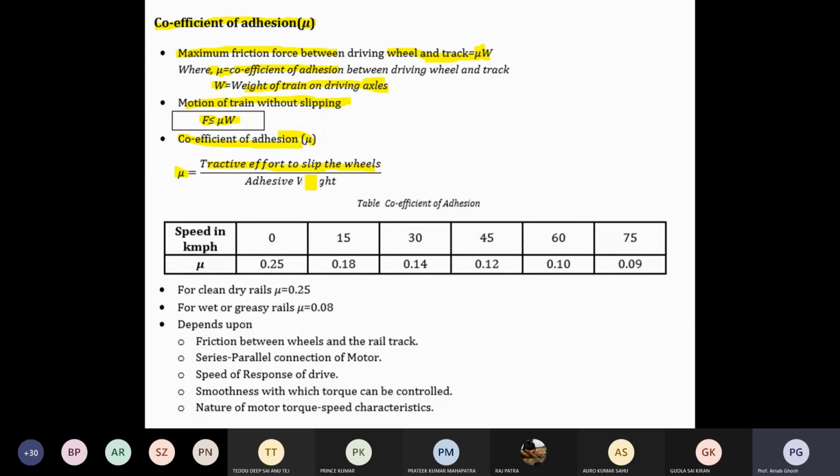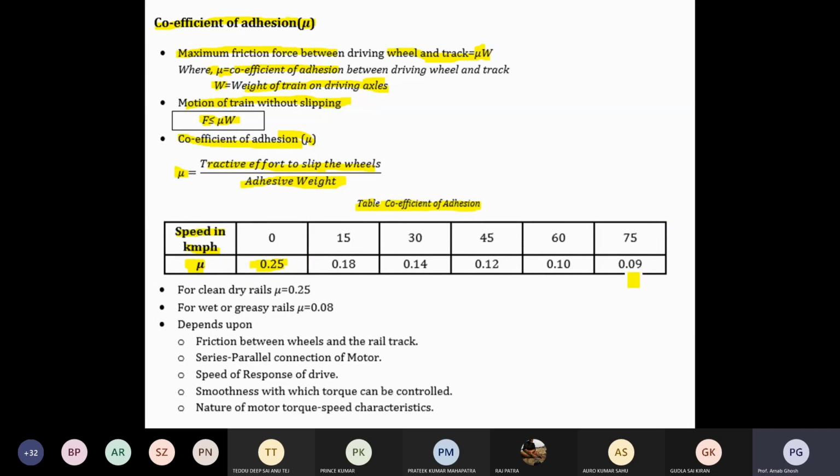Okay. One table is given from the constant data sheet, showing the available data, where the speed is in kilometers per hour. On the x-axis different values of speed are given: 0, 15, 30, 45, 60, 75, in divisions of 15. And mu is your friction, meaning coefficient of adhesion, okay. You know that if the speed is increasing, the mu value goes down, okay, that's why it is called the coefficient of adhesion.